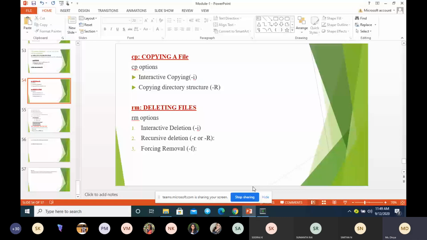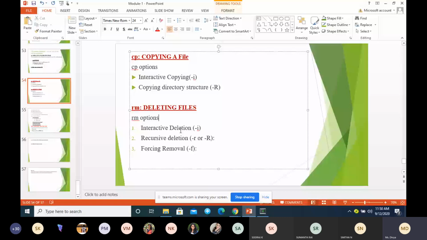Moving on to the next one, RM. RM is used for deleting files. We have these options: -i for interactive deleting, which is same as the previous one, where before deleting it will ask yes or no. Recursive deleting means it will delete all the contents within the folder, not just the folder.